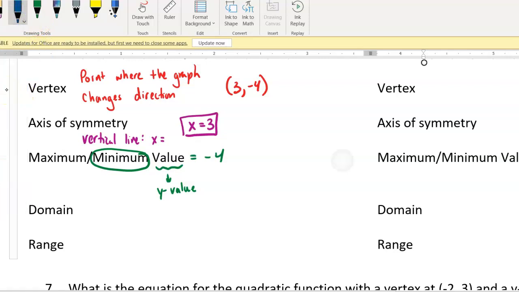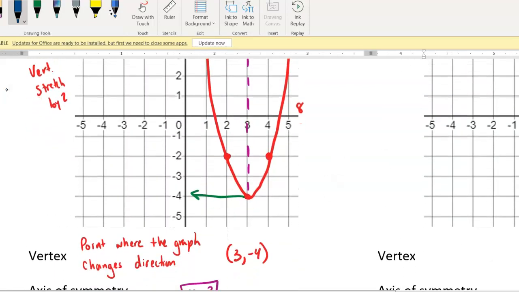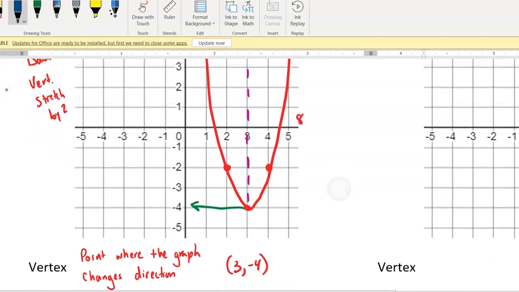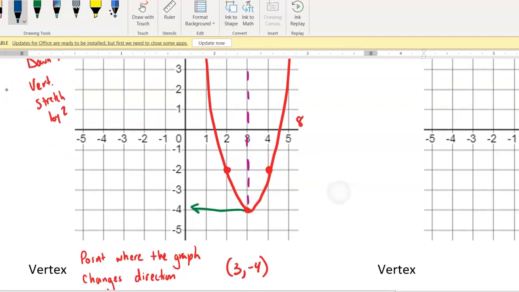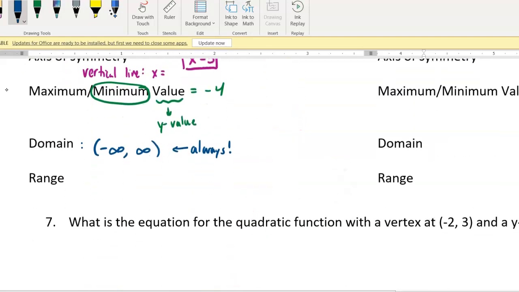The nice thing is for these, the domain will always be the same. The domain is always -infinity to infinity. And then the range depends on where the vertex is at. So in this case, the vertex again is the lowest point, so there's no points below -4. So the range would go from -4 up to infinity. Hopefully this is something that you're familiar with